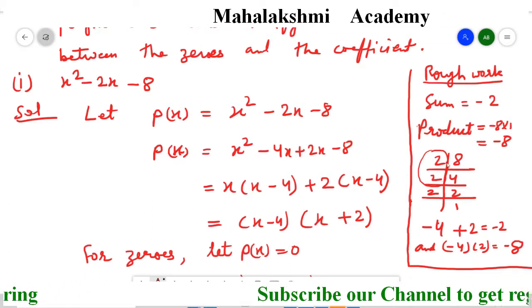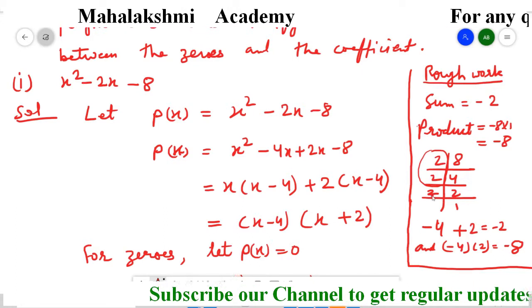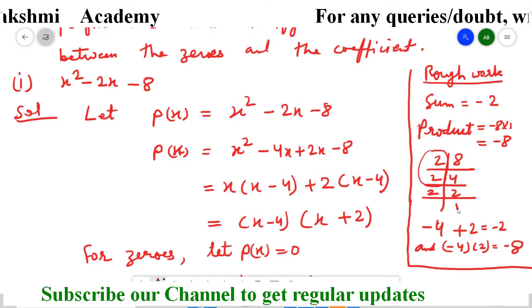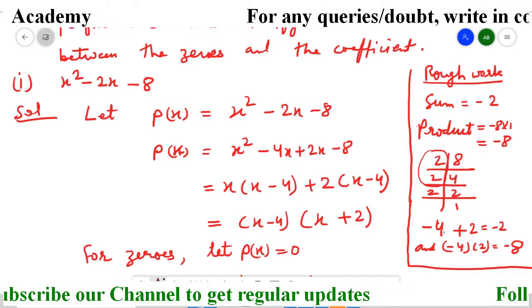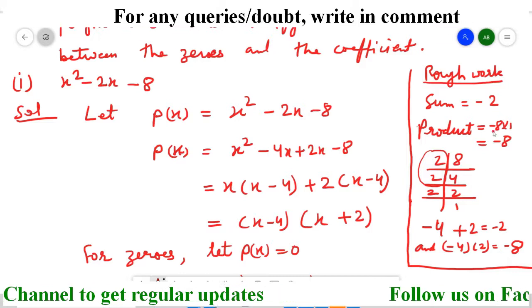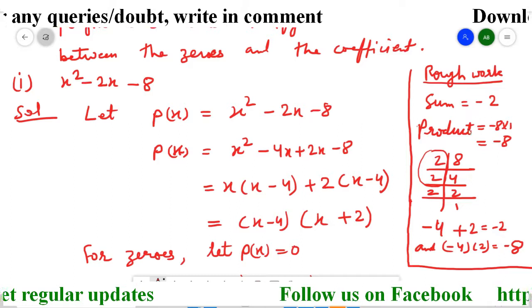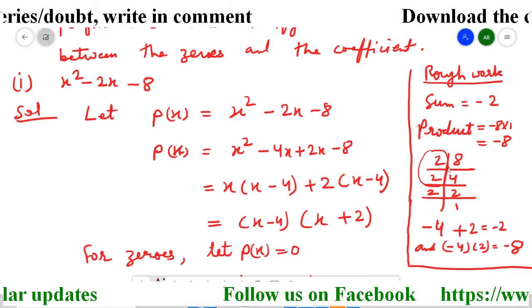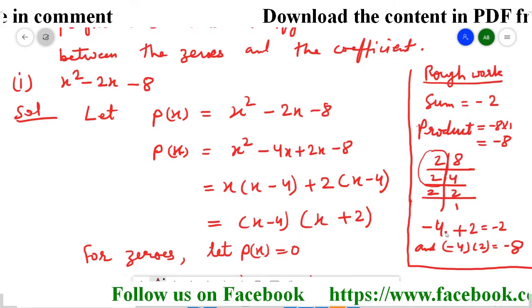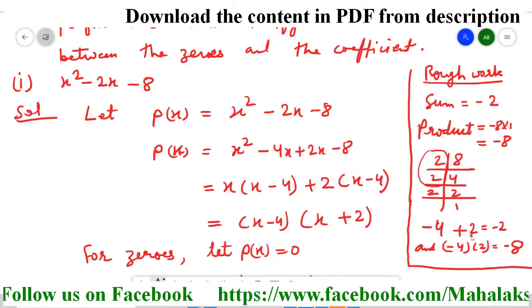So I converted these 2's into a single group: 2 twos are 4, and this 2 I kept alone. Now, since we need a minus sign in the sum, I gave the sign; we have to decide this sign ourselves such that both conditions are satisfied. This concept is from the 9th class, so I hope you are already familiar with this. Now just start it. After selecting the numbers, what we selected here is -4 and +2.